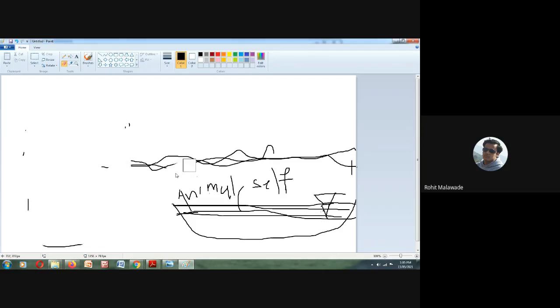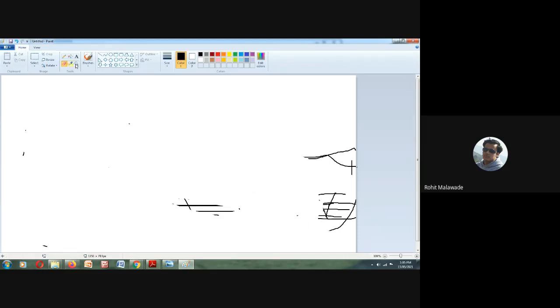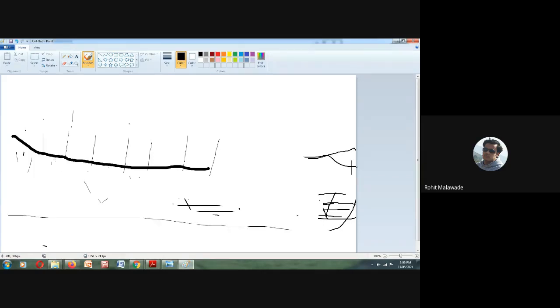When the water is going to flow into your ground, suppose this is your surface. If your water is getting percolated over here, this is how it is going to percolate. It is the rainfall water that we are going to get. Since the ground has pores inside it, it is going to be collected as groundwater over here.